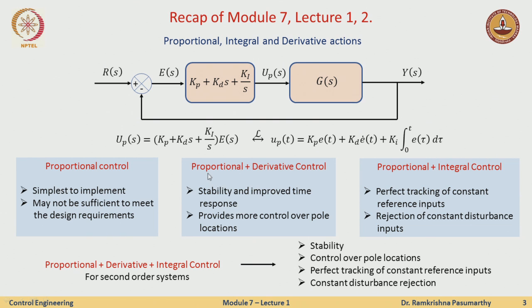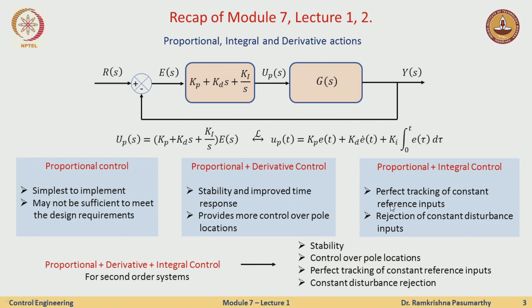Stability, so when I look at proportional and the derivative control, we saw that it actually had a very good transient response. It could stabilize the systems, and then based on the value of the KD, which added damping into a simple second order system, it provides more control over where I should place my poles of the closed loop system. Integral control, well, it had perfect tracking of constant reference inputs, because it adds a 0 at the origin,